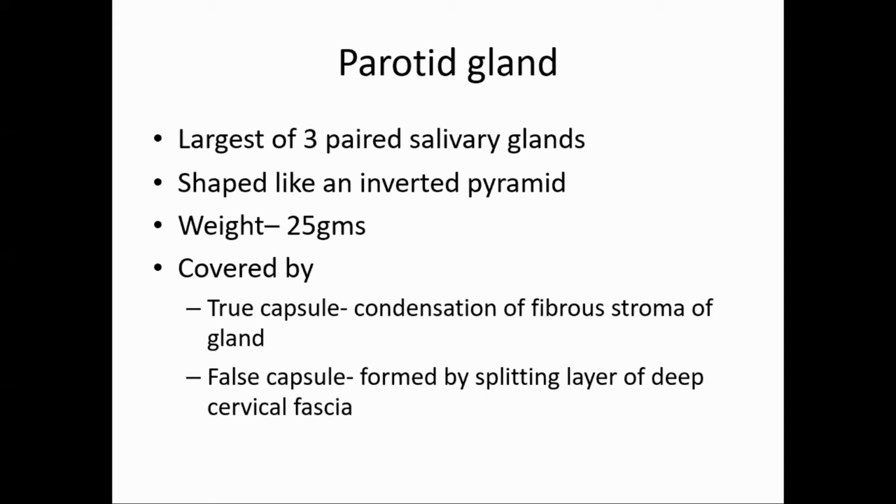So it has two layers. The false capsule has two layers, the superficial layer and the deep layer. The superficial layer forms the parotidomasseteric fascia, and the superficial layer of the false capsule is strong. And the deep